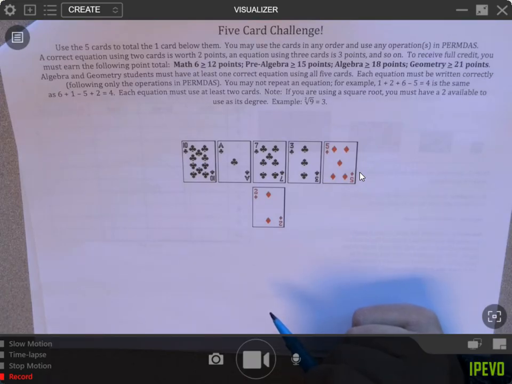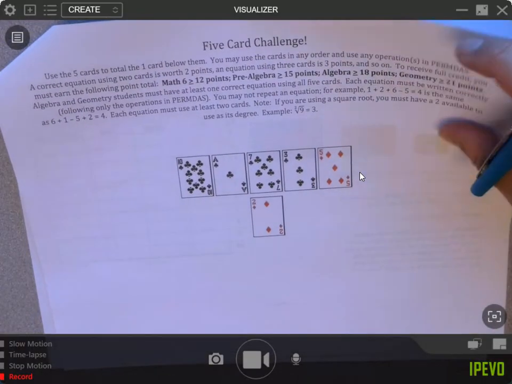How many equations. They have to be different equations. You can't just rotate around with the, you can't say times 1 times 1 times 1, but have all the other numbers be the exact same. But think about different ways that you can up your score.